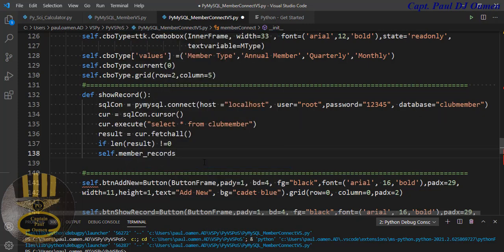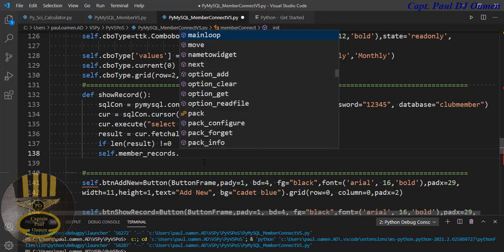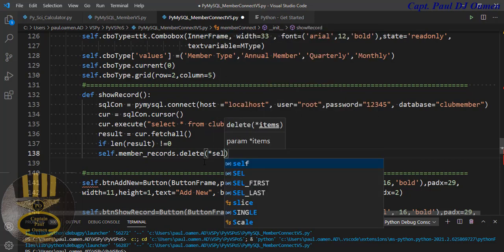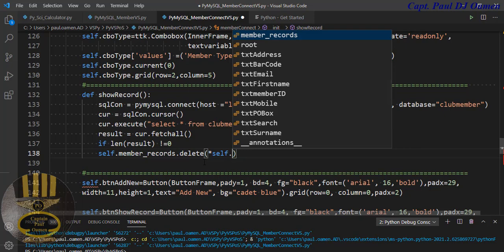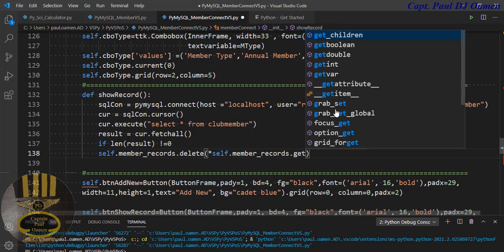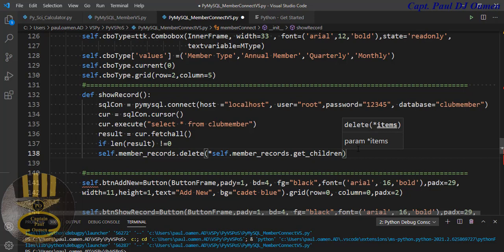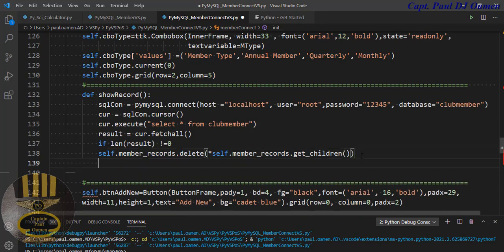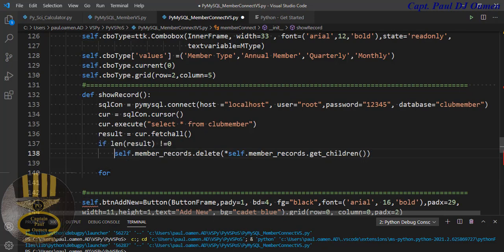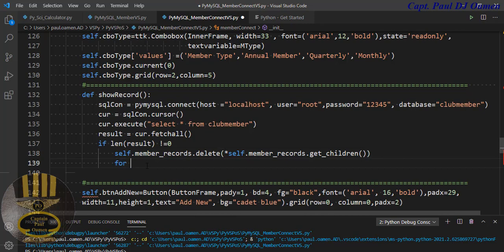that is my Treeview, dot delete, let's say self dot member record dot get children, and enter parentheses in there. That's fine. So I'm now going to use a for loop. No, this should have been indented, and get this indented as well. So for row in result